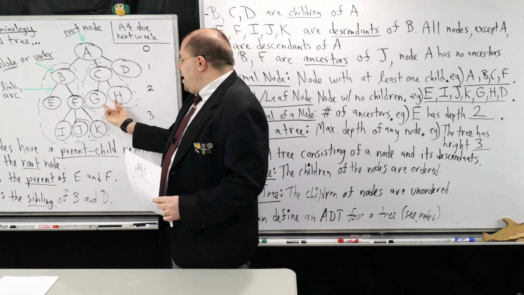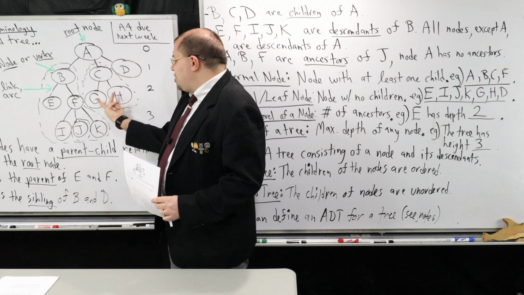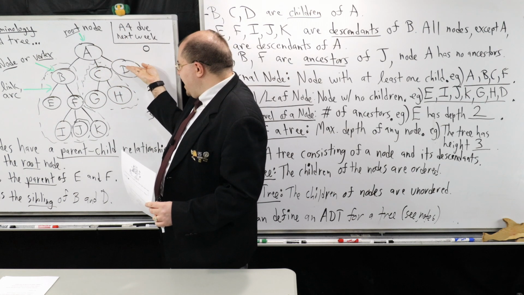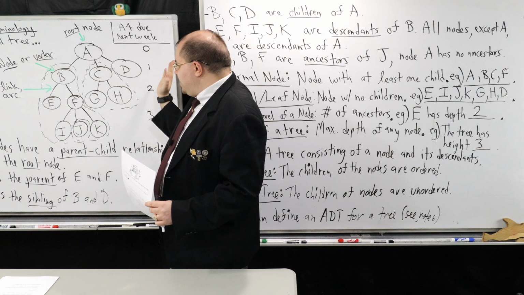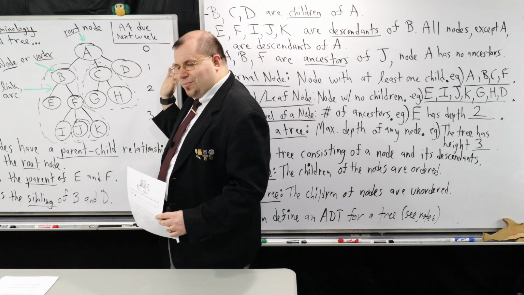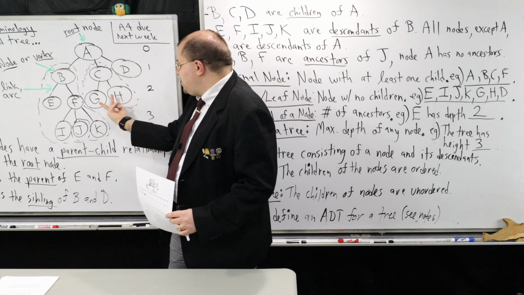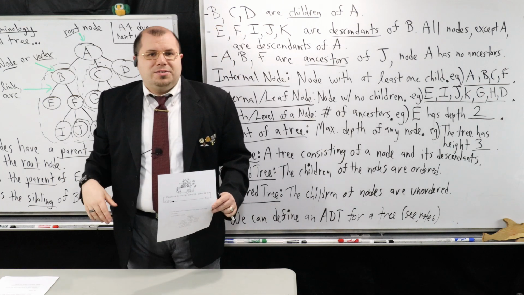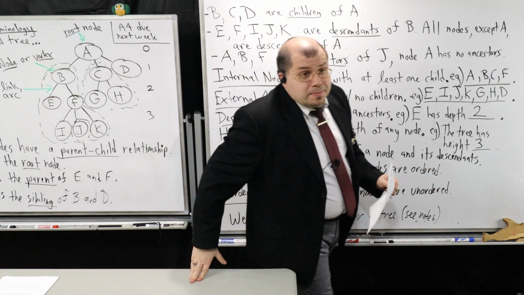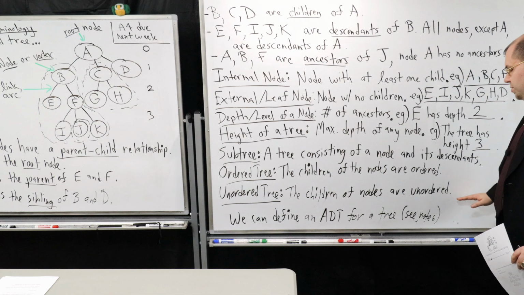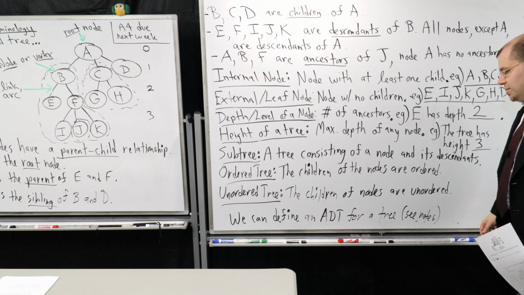So for example, if I were to switch J, G, and H, perhaps I'm trying to maintain that as I read them level by level, they stay in alphabetical order. That may be one thing I'm interested in. If I swap these two, they're not in order anymore. So that's an example of an unordered tree. But the point is it's not imposing any ordering on the nodes, in particular their children, the relationships they have